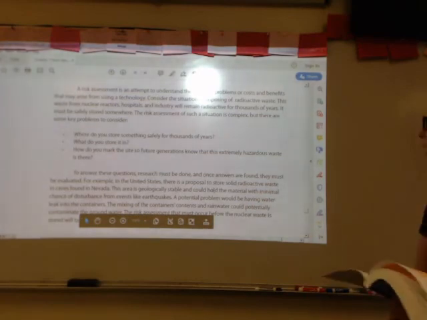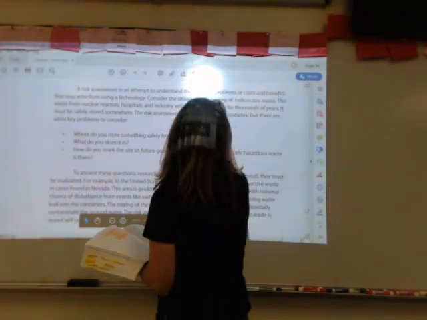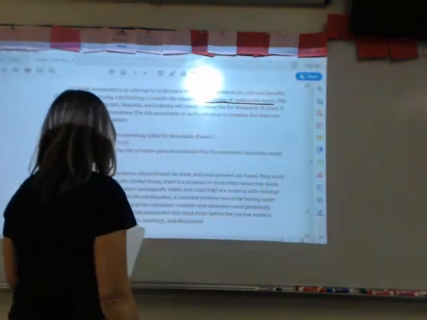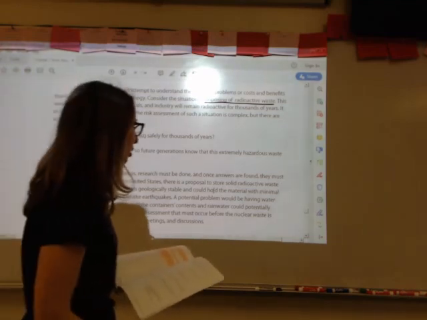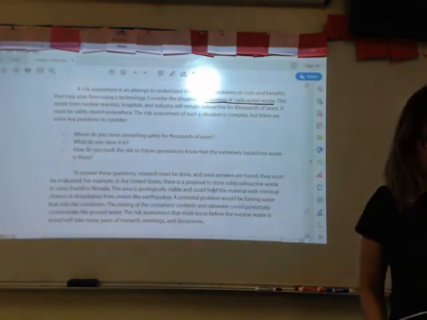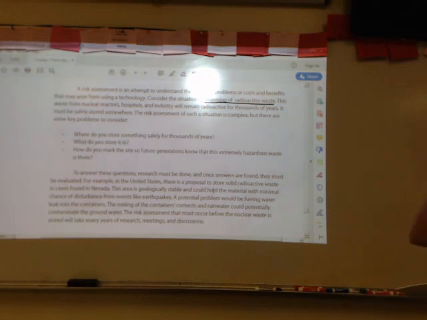Now, when we're talking about disposing nuclear waste, which comes from nuclear reactors or hospitals and industry and is going to remain radioactive for thousands of years, you have to safely store it somewhere. So where would you store something like this? What do you store it in? And how do you mark the site so that other generations know that it's extremely hazardous waste? So in the United States,